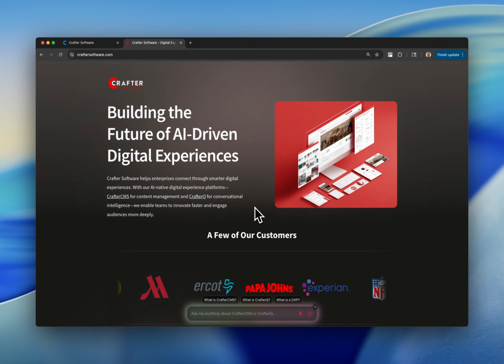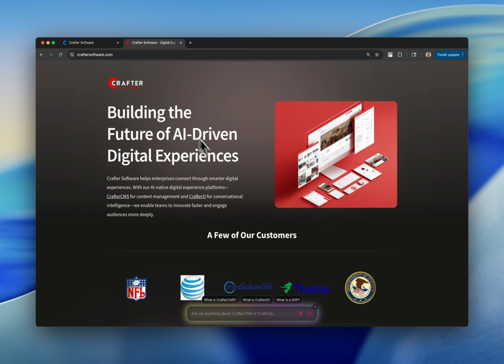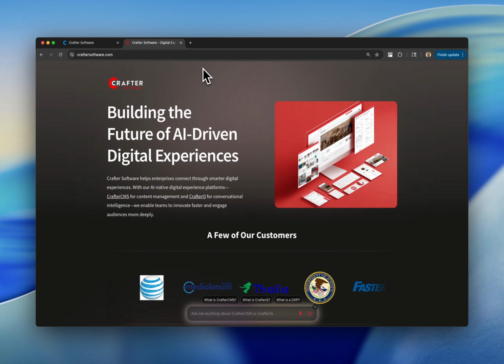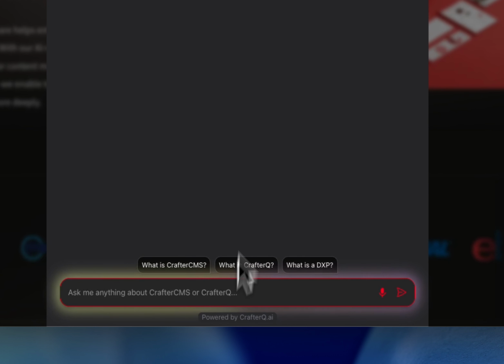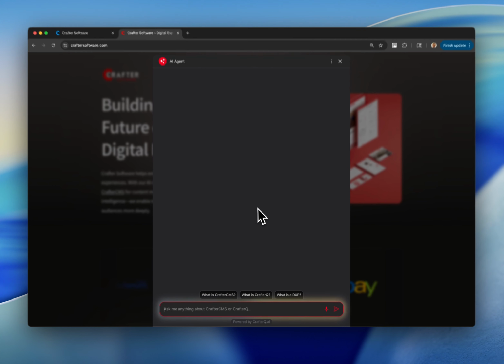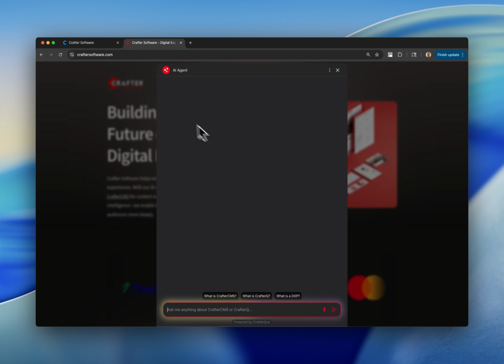Friends, today I want to show you how to customize your website AI agent with a personality that reflects your brand persona. We're going to do all this with CrafterQ. So here I'm on the Crafter Software website. We've got the CrafterQ AI agent here to have a conversational experience. But before we do this, I want to go over to the